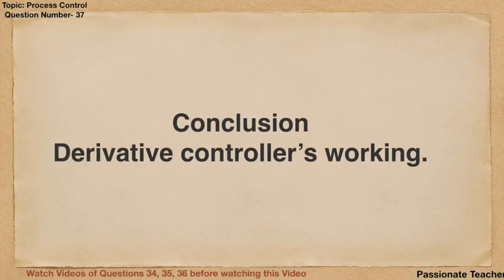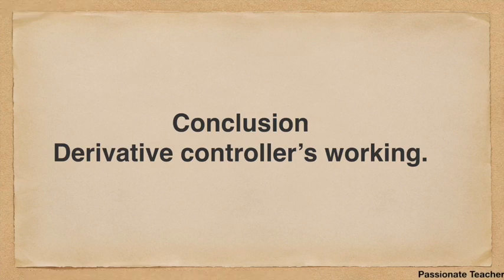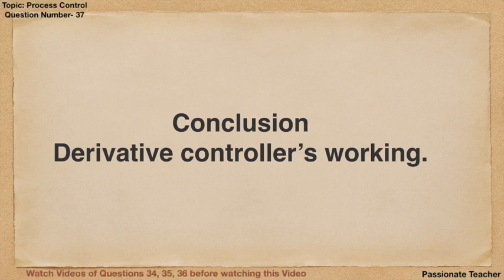Let me conclude the entire PD controller once. Proportional plus derivative controller, if we use it for a higher order system, the derivative mechanism will provide the damping and the proportional controller will boost the speed and the steady state error, for higher order systems. But if we use a PD controller for lower order systems like a first order system, we can't guarantee whether the steady state error becomes 0 or not.